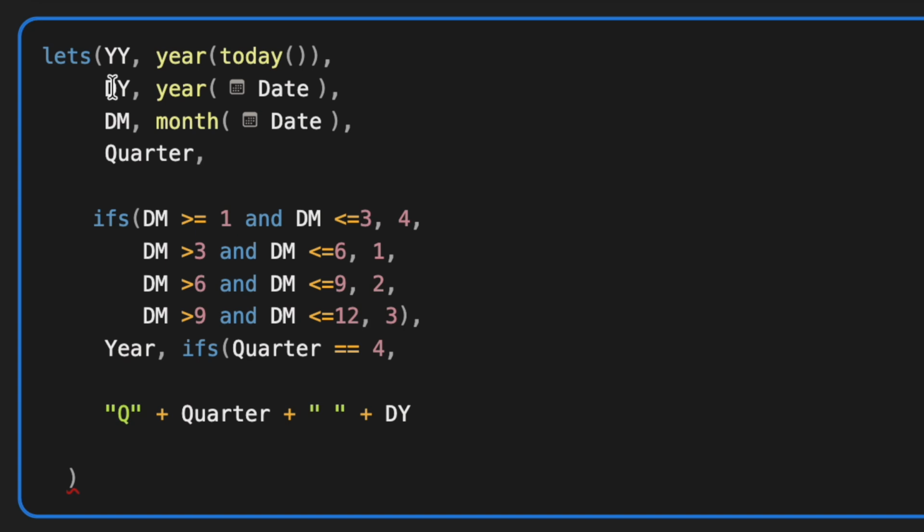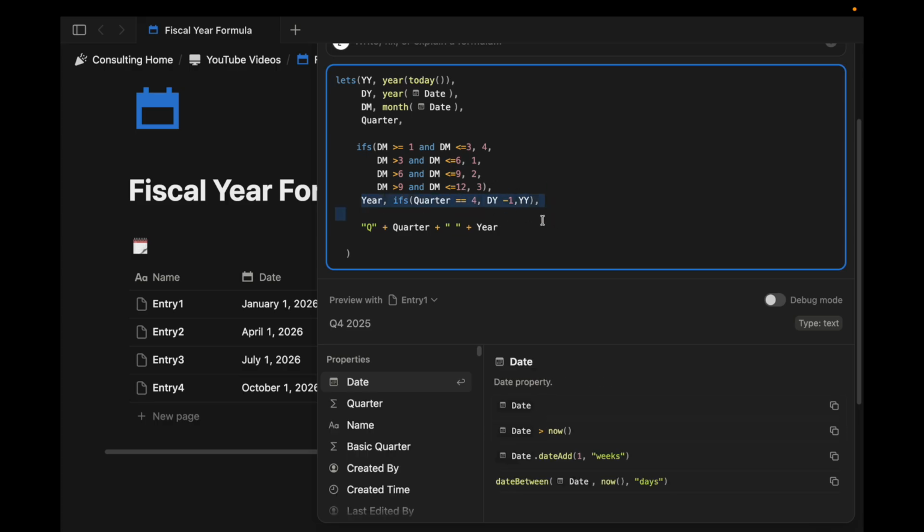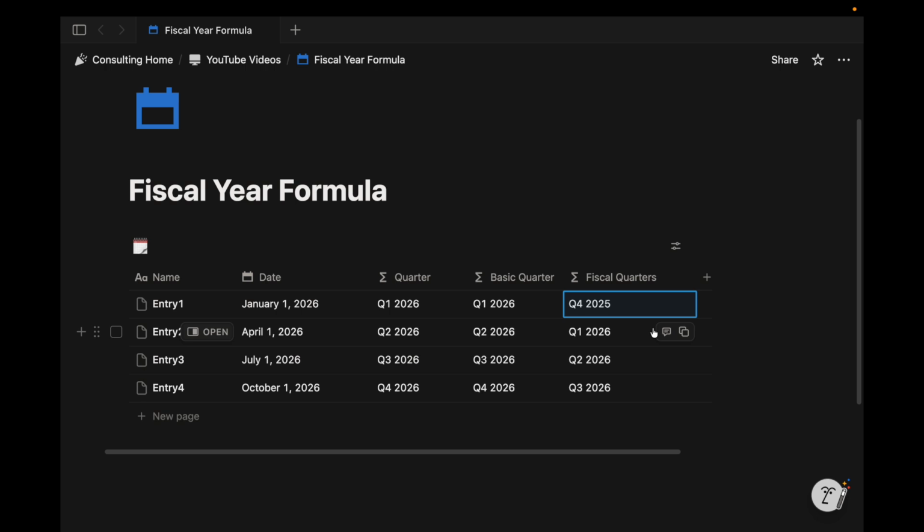And so rather than use the standard date year, we need to subtract a year from that. And so we can do date year -1 to accommodate for that fiscal year. But otherwise, we want to keep the year consistent for all other outputs. So we can add a comma and then type in YY, which is our other year variable that we've defined above. So we can close that out, add a comma, and now instead of using this date year variable that we defined, we just need to change it to the year variable that we just defined, which accounts for that condition like so. So now if we click out of this, we see that Q4 2025 lines up perfectly for